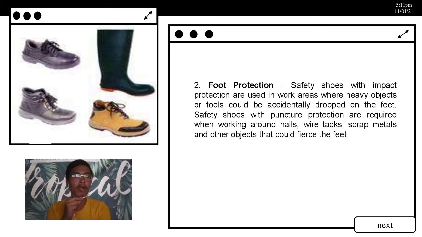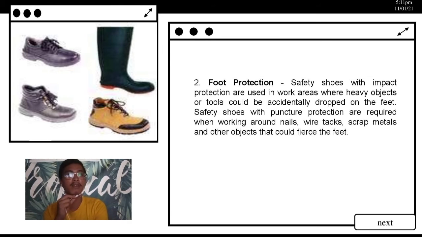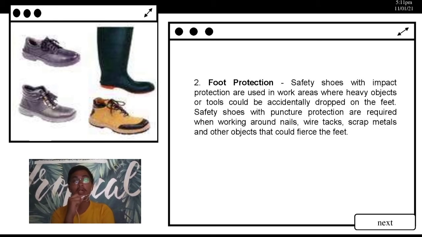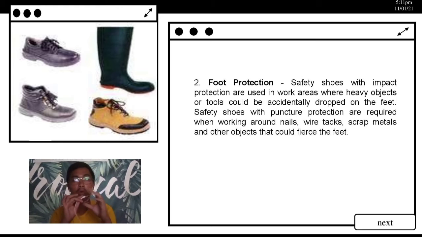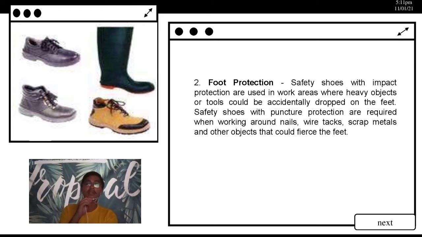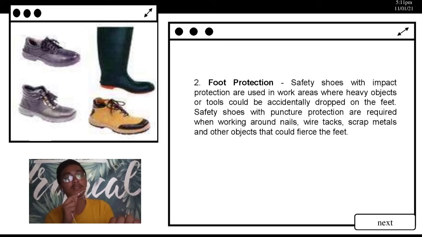So what are these for? These are for industrial work environments where heavy objects can hurt the metatarsal region of the foot. So when we say metatarsal region of the foot, these are actually the bones that connect up to your toes. Yeah, so these have to be protected in order for you not to get injured